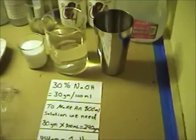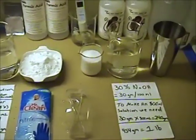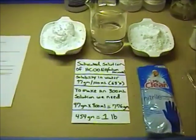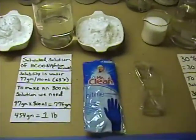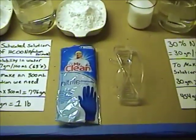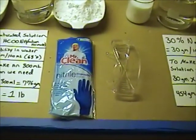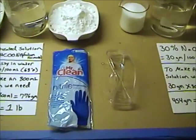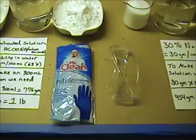Okay, back over here I have us a little display set up, and each one has a reference card, and I'm going to explain to you what we have laid out here in front of us. And one of the first things I want to explain to you, if you've seen my silver nitrate videos and my silver cell videos, you'll notice that I work with my bare hands a lot of time. Well, this is not one of them instances where I'm going to do that,